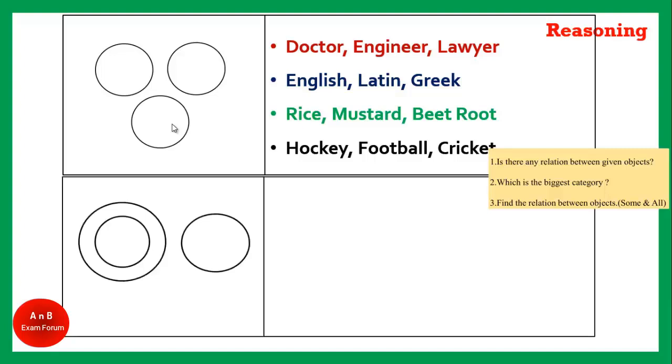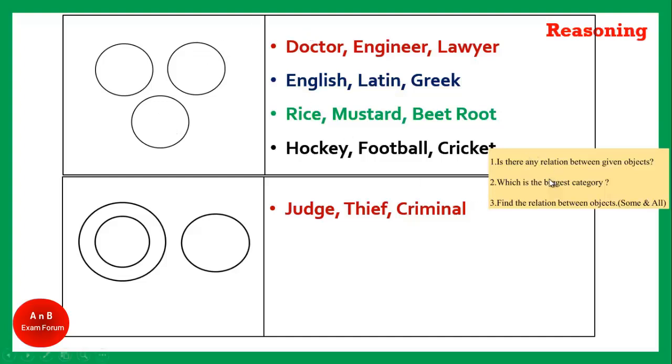Coming to the next category, let us see the question from which you can easily interpret this logical Venn diagram. Judge, thief and criminal. So the first question is, is there any relationship between the objects? Yes, you can see there is a relationship between thief and criminal. We will not bother, there is a relation. So for question number 1, yes, there is a relationship.